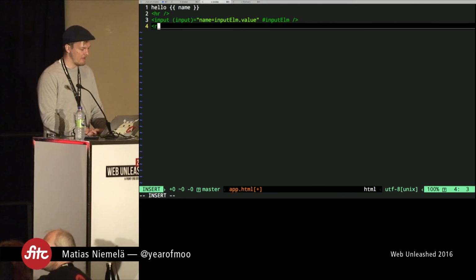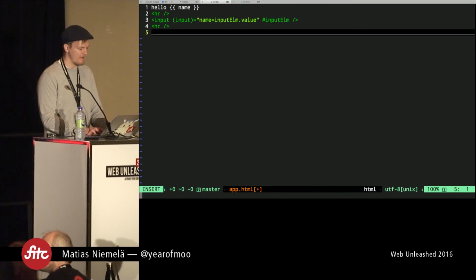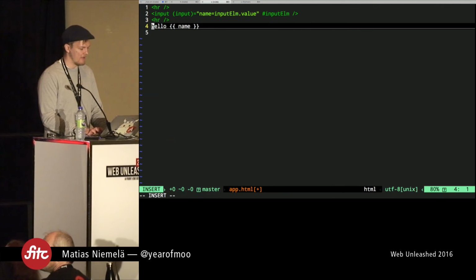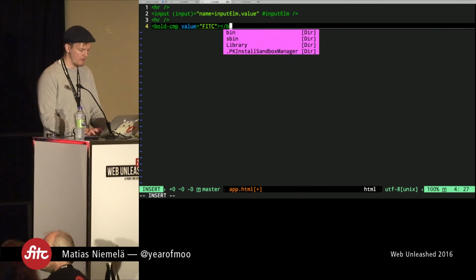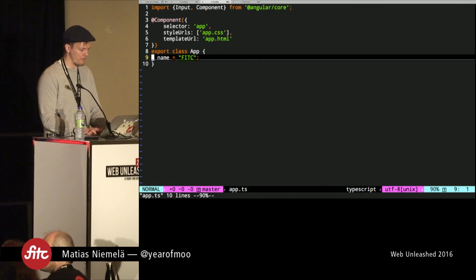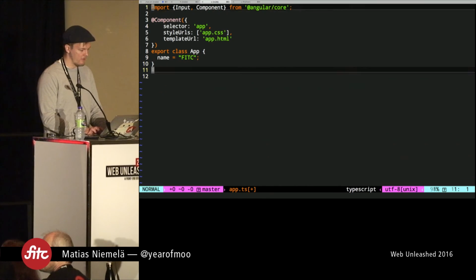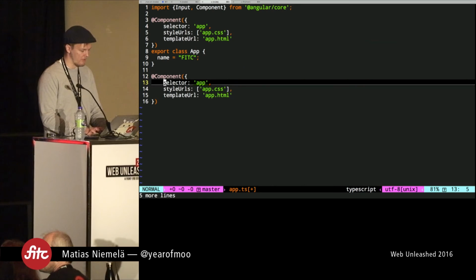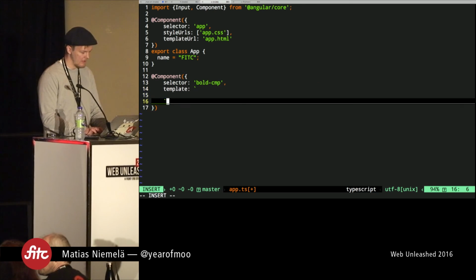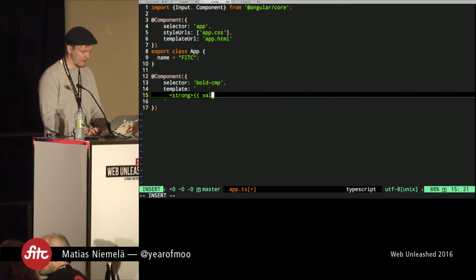Let's do one last thing. Let's make a component that will take that value that I have for hello and make it into bold. So we'll say bold CMP, and we'll say value is equal to FITC. So that is just a string value for bold CMP. So I'm going to make a new component. I'm going to call it bold CMP. There's no styles. And the template, all that the template's going to be is just going to take a value and make it into bold. Not a particularly useful component,